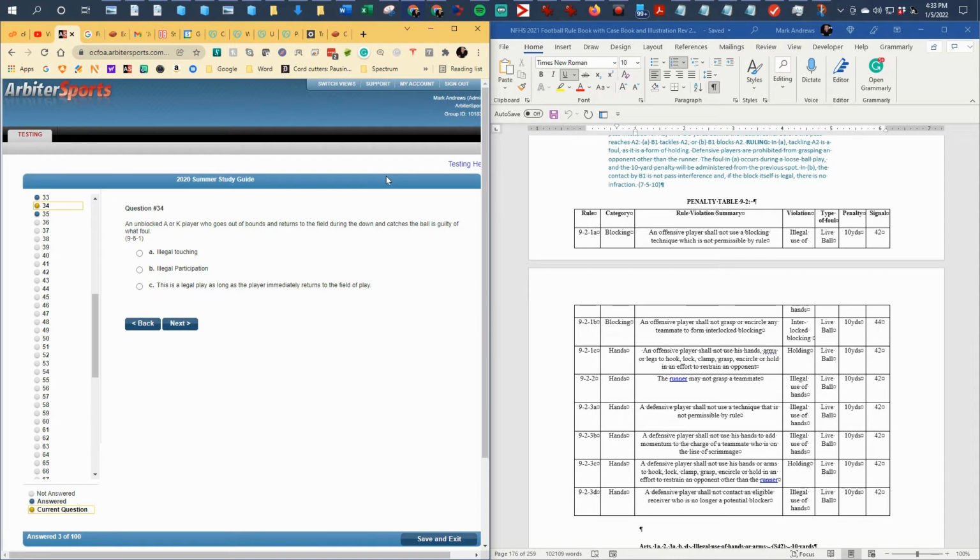Okay, this question comes out of several plays during the playoffs that were incorrectly ruled. And so we're going to go over this. An unblocked A or K player who goes out of bounds and returns to the field during the down and catches the ball is guilty of what foul? And you notice the second word, unblocked. Okay, if they're blocked out of bounds, it's a different story, but we're talking about an unblocked player